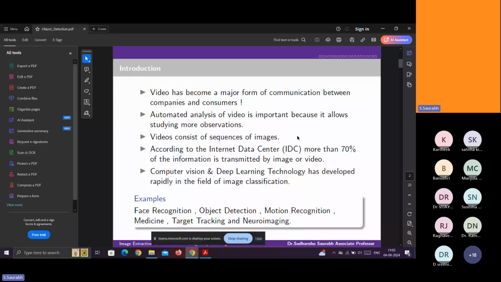So OpenCV is very useful for object detection. That's why we can identify still images and video data using OpenCV along with machine learning and deep learning models.